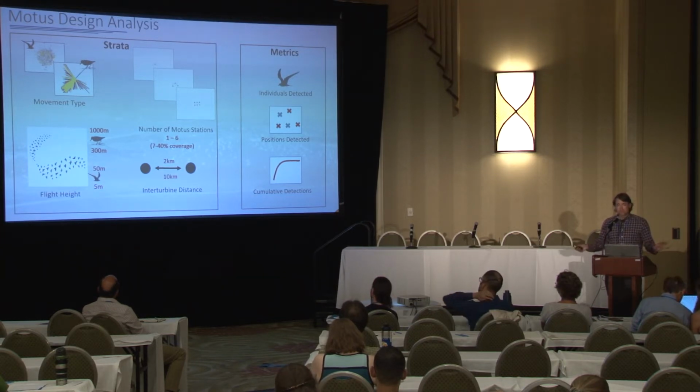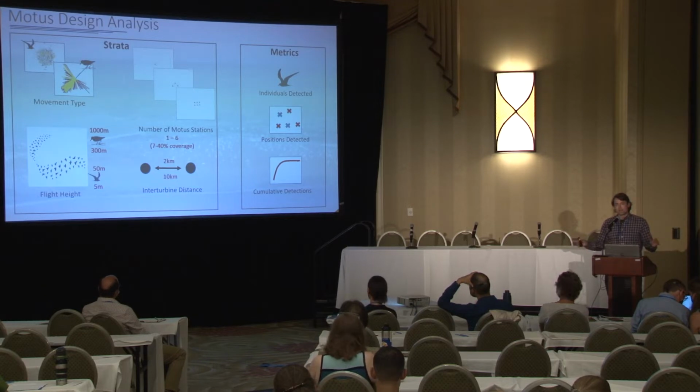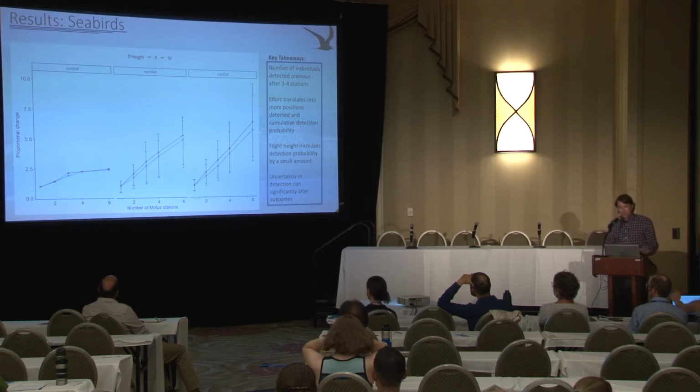So that's the setup. We tested a bunch of different scenarios, ran a bunch of models, and what we wanted to know is, what is the effect of increasing the amount of Motus station effort at these simulated turbines? How much more bang for your buck do you get by putting more and more Motus stations out at these locations? So first, for the seabird type movements, to orient you here, on the x-axis is the